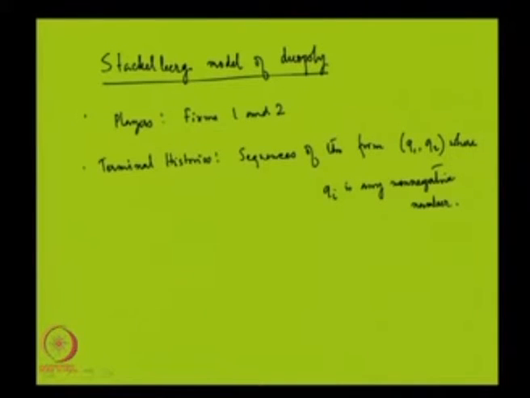So, first firm 1 decides what is the value of output that it is going to produce, then firm 2 decides Q2, and there the game ends. Player function: after the null history it is firm 1 which is going to move, we shall denote it by 1. After firm 1 has decided the output level, firm 2 moves. So, this is P of Q1 is equal to 2.